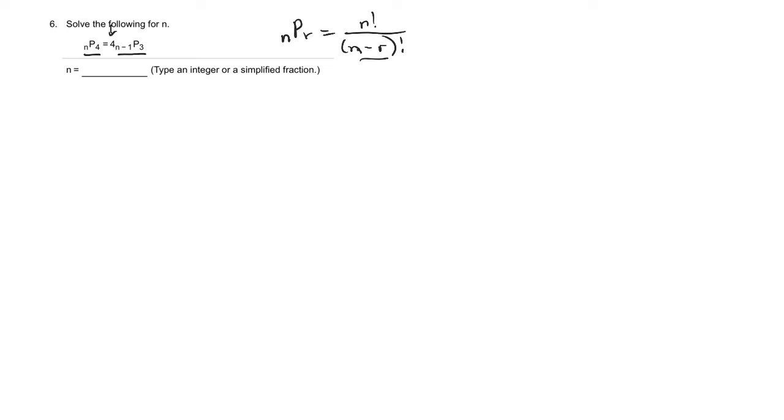Notice there's a 4 out front that you're multiplying. All right, so on the left side, nPr, that'll be n factorial over n minus 4 factorial. Yeah, equals 4 times n minus 1. So that needs to go there. So it'll be n minus 1 factorial over, there's another n, and in this case it's n minus 1,